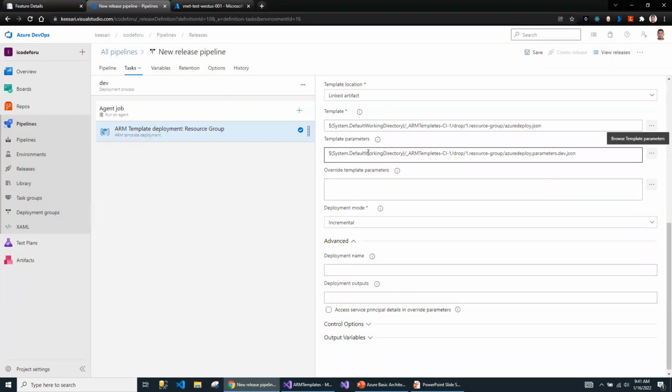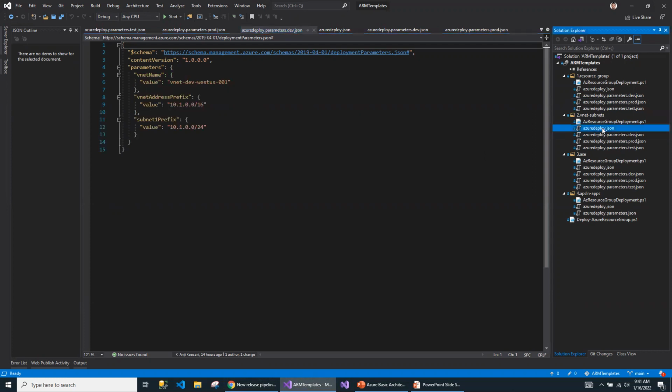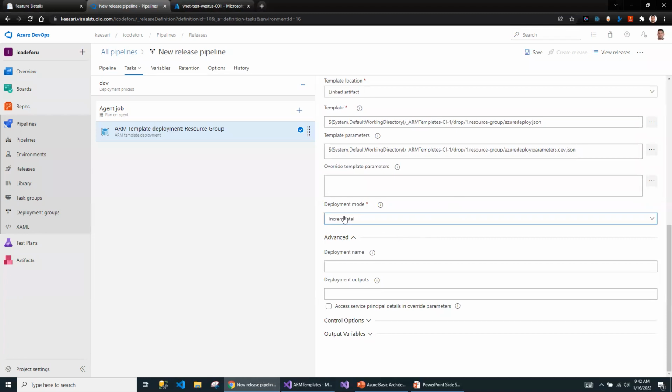So for creating the resource group, frankly speaking, you don't need the RM template or the parameters here. There is really nothing in the RM templates or the parameter files. Just to make it consistent across all the services, for the rest of the services, except the first one, you need the Azure RM template and the parameter file. So I'm just making it consistent, but these two resources are actually not required. So this is going to be in incremental mode. That means if you already have it, it will accept and rerun the script again.